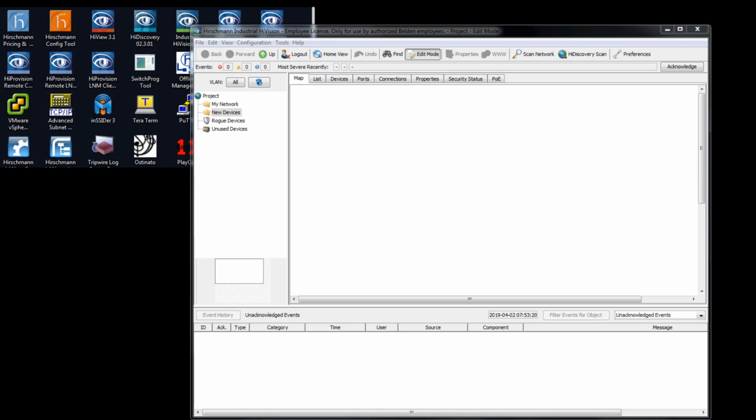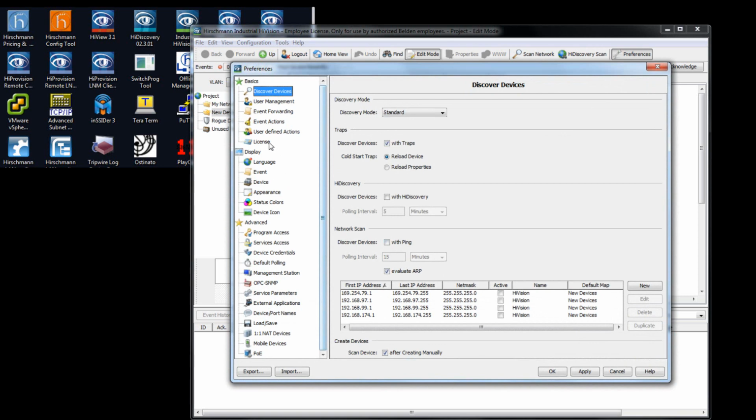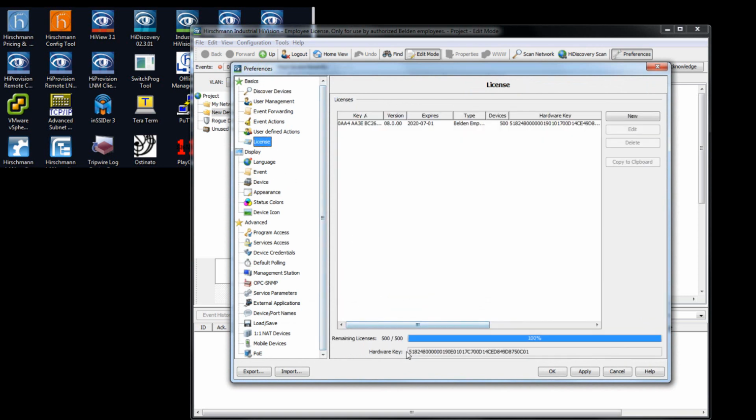Hi, this is going to be a quick walkthrough on upgrading Industrial HiVision utilizing an AMP, or annual maintenance program, license. So the first thing that needs to be done is one needs to have a licensed full-blown version of the Industrial HiVision software. And this is done by installing Industrial HiVision, going to Preferences, going to License, and in